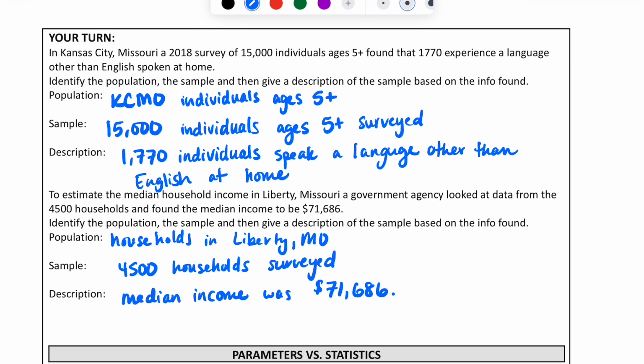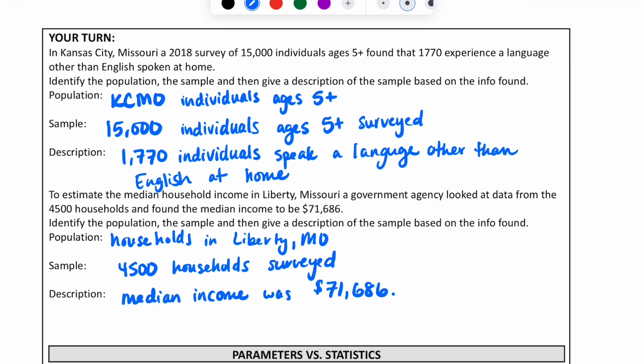You need to make sure to be specific when you're writing out that description, so make sure to include all that. On the second one, it says, to estimate the median household income in Liberty, Missouri, a government agency looked at data from the 4,500 households and found the median income to be $71,686. So again, those 4,500 households that were surveyed would be the sample, and it was taken from the population of households in Liberty, Missouri,